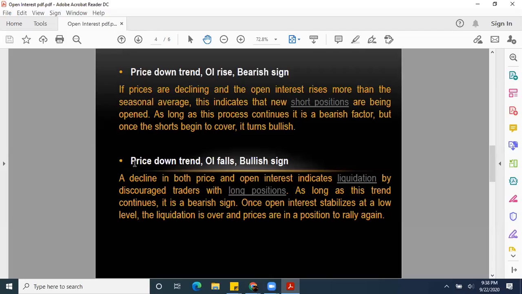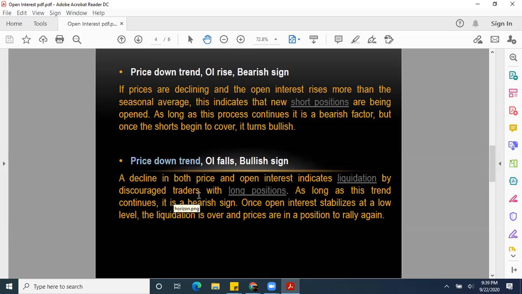So the next point now, when price is in a downtrend, which is the exact opposite of the first point, and open interest is reducing, is negative, it means some people are getting out of the trade. Some people are closing their trades, closing their deals, right? A decline in both price and open interest indicates liquidation by discouraged traders with long positions, right? So the guys that have their fingers burnt are liquidating and getting out of the trade,